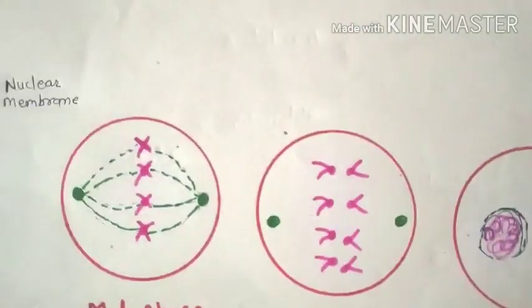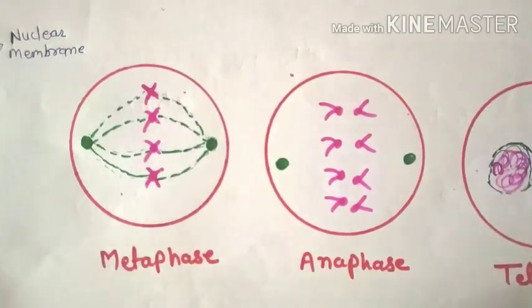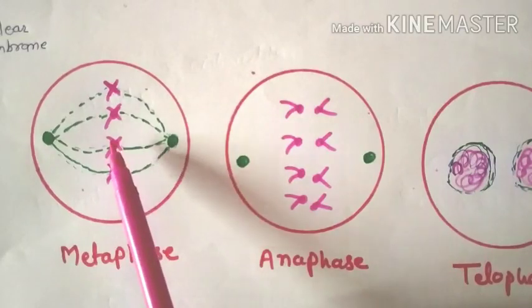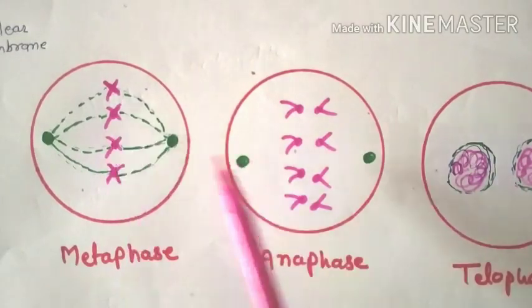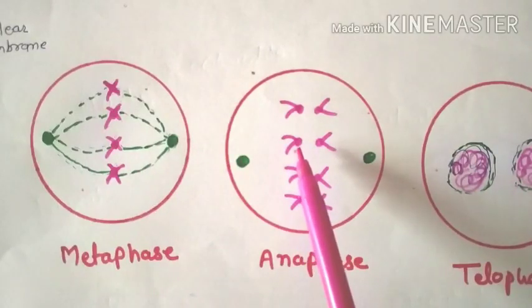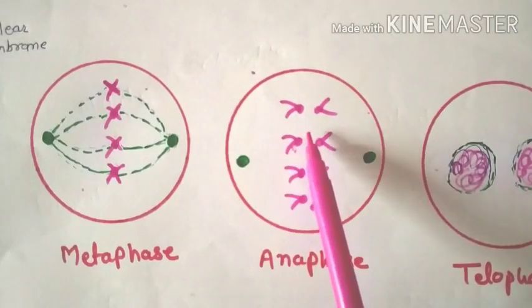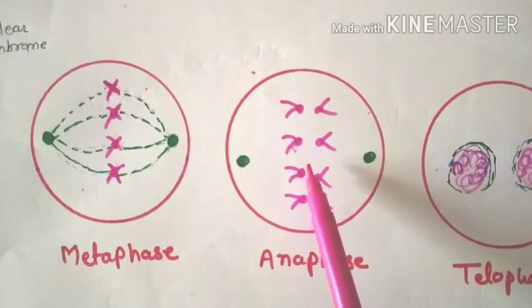This is the figure of the anaphase. These are very basic diagrams for understanding. In the anaphase, the centromere splits and thereby the sister chromatids of each chromosome separate and pull apart in the opposite direction with the help of spindle fibers. In this case, these are the centromere, these are the sister chromatids. The centromere splits and the sister chromatids separate from each other. These are called daughter chromatids, and they separate because of the splitting of the centromere.